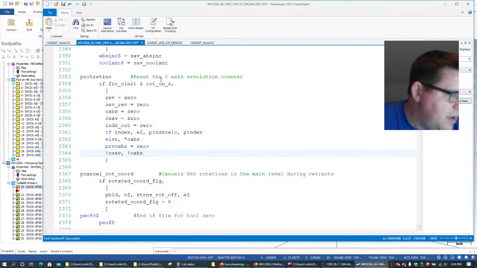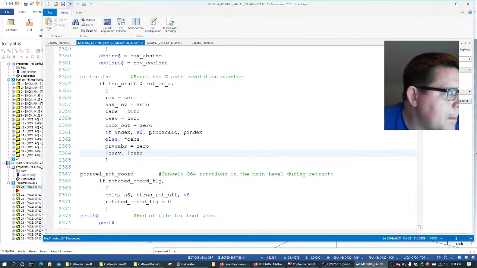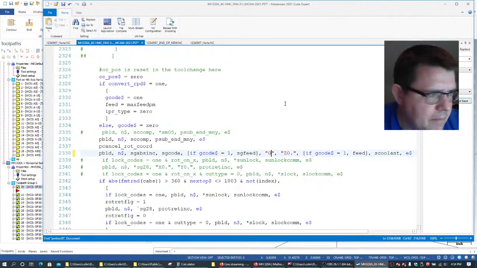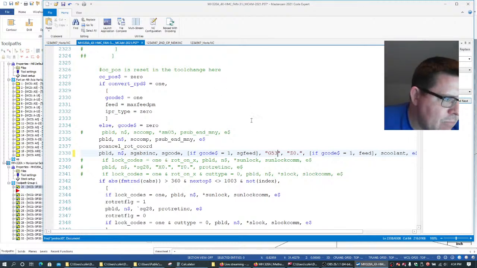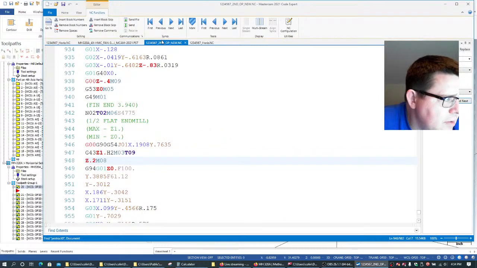So G53. Okay. G53 Z0. Don't need SG abs inc. Z0 and